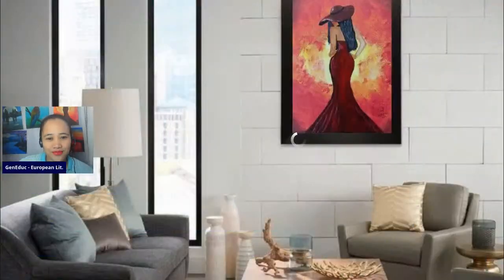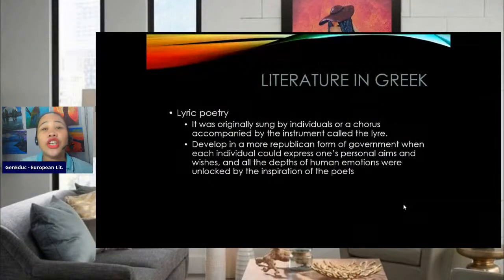Okay. So that's set C. 1 to 5 only. Okay. So now let's proceed to literature. I mean, Greek literature. So, the Greek literature as we have here. Okay. So, literature in Greek, what we have there,